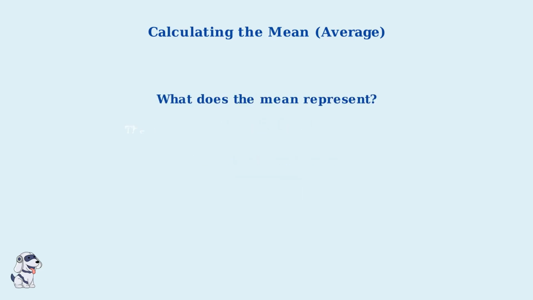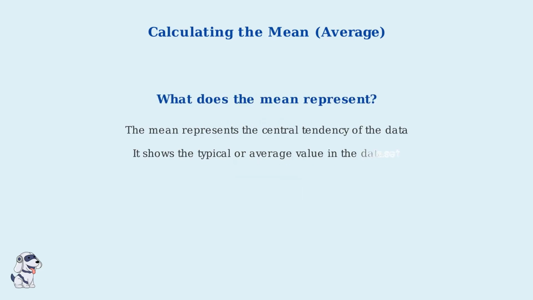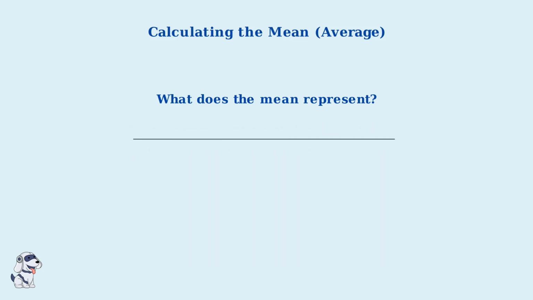The mean represents the central tendency of our data. It shows us the typical or average value in the dataset. In our example, 6 is the balance point of our data. It's the value that best represents the center of all our numbers. Here we can visualize our data points on a number line. The red line shows where our calculated mean of 6 falls, right in the center, representing the balance point of